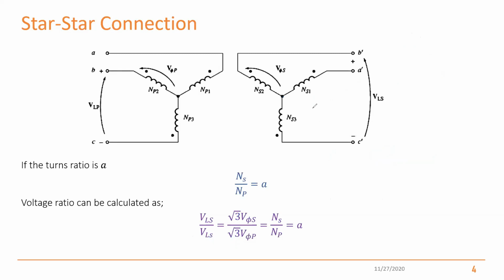What you don't have to remember, you can understand. When you take the voltage ratio, you should take the line-to-line ratio, and be careful about the relationship between the turns ratio and the voltage ratio. Sometimes if it is a Y-delta or delta-Y, depending on that, this can change. So let's move on to the next one.